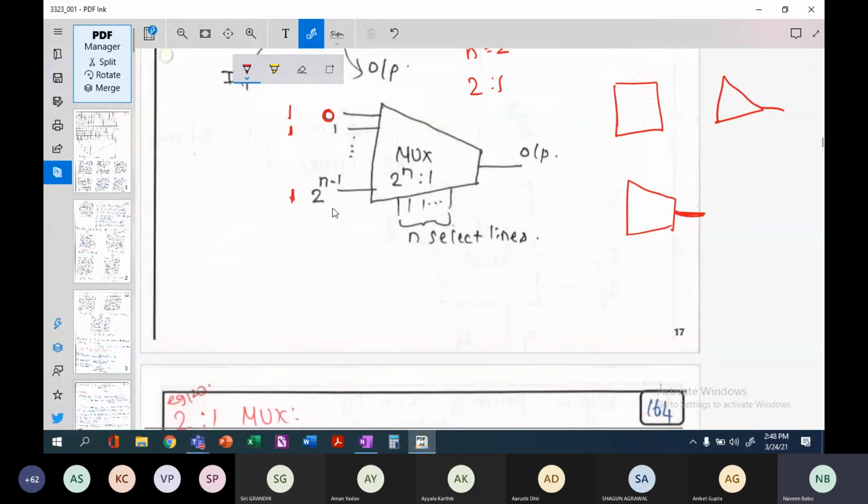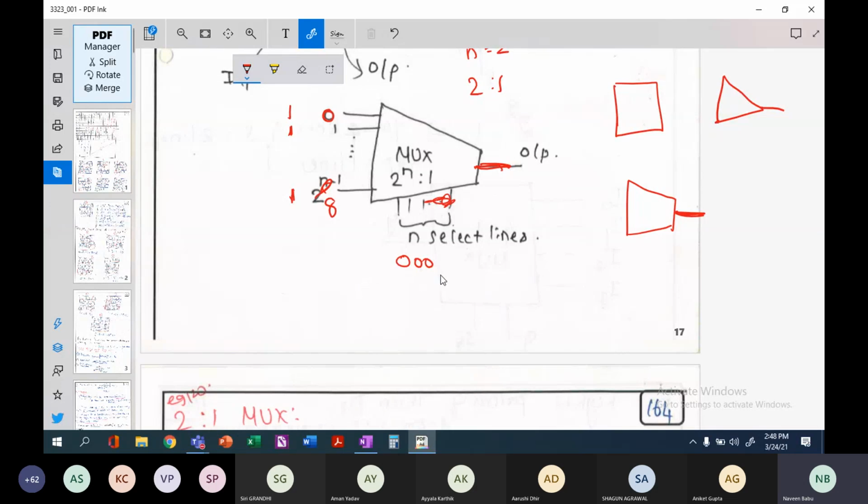Let us assume his number is 8. And there are 3 select lines here. Based on the value of the select line, because let us assume that I am senior, if my select line is 000, I will get the priority to speak first to my desired